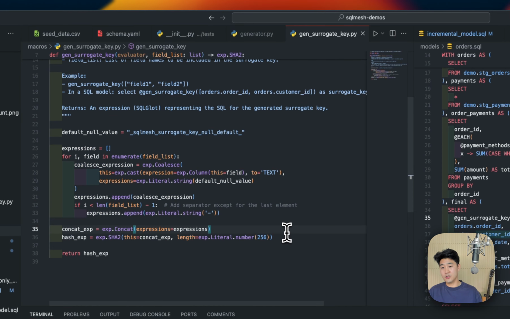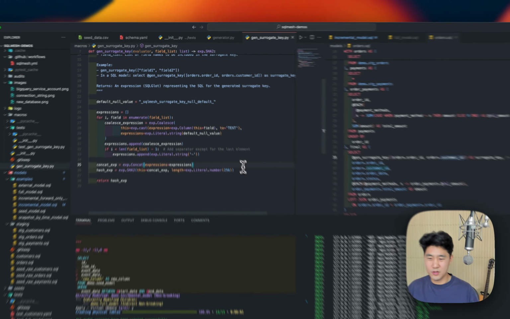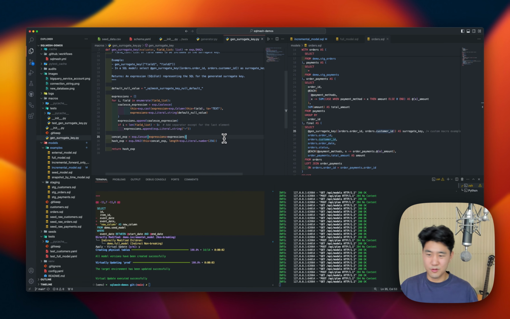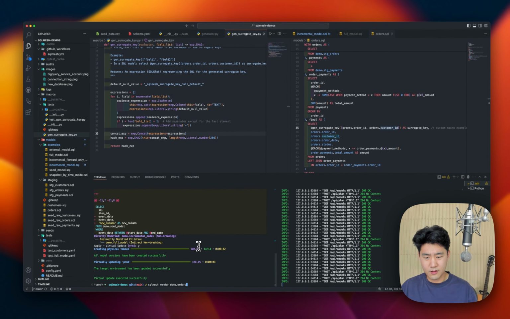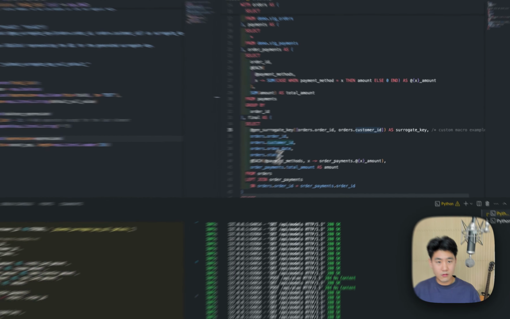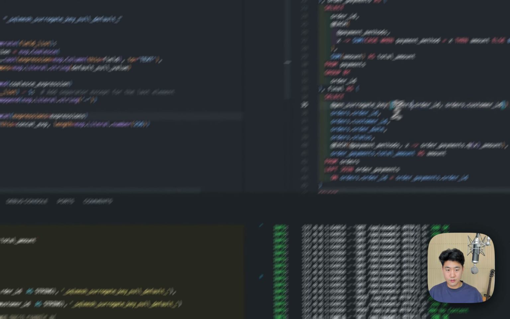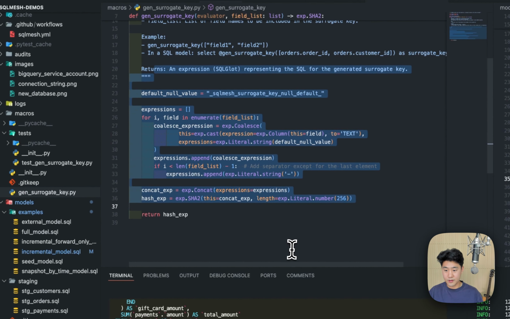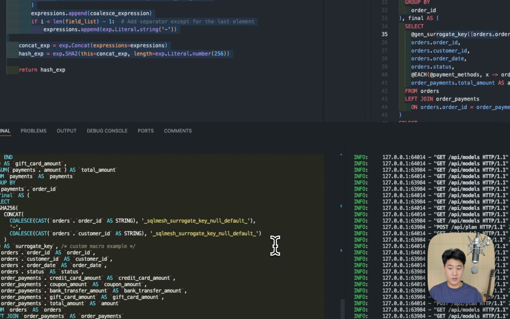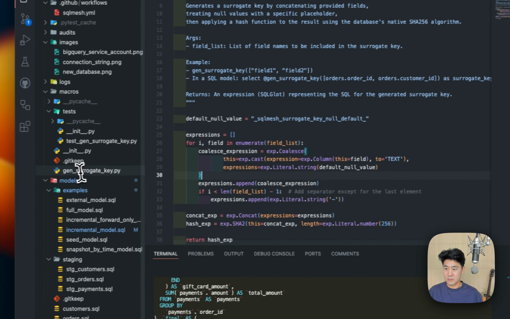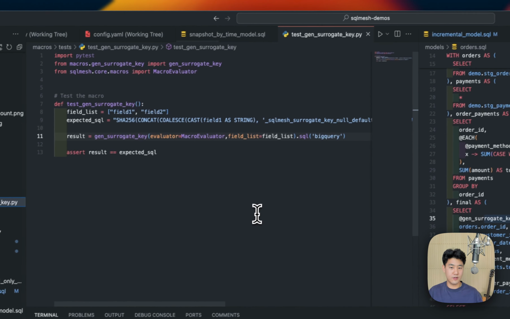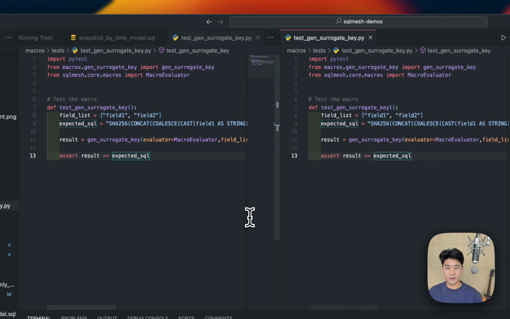Versus if I'm using something like Jinja, I always have to tweak it a little bit or add a bunch of conditionals in order to pivot the string construction. But here it's just, I get to move on with my life, right? And now I'm thinking to myself, hey, exactly what does this look like when I render the SQL? So over here, what it'll do is it'll take that macro, run it through this Python code, and construct this. But now I'm thinking to myself, hey, Sung, you wrote this, how do you test this? Like you would with any other Python function, if you're a data engineer,